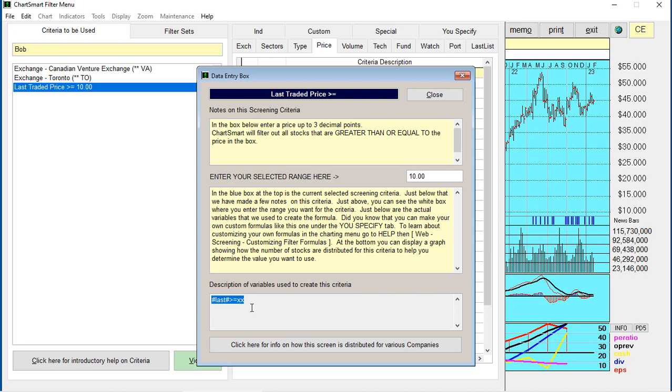Now, something to note on the bottom is this box, which is the formula. You might ask, how do we create these pre-made selections? You'll notice that the word last, which is the variable for the price, is between two number signs, and that's the way we make it. And then you can see it's simply greater than or equal to XX, which is your variable, $10. So that is the foundation